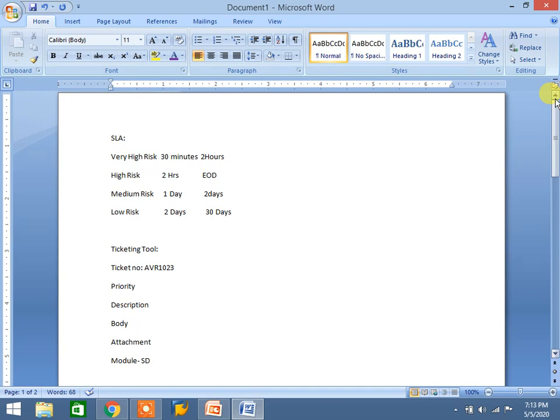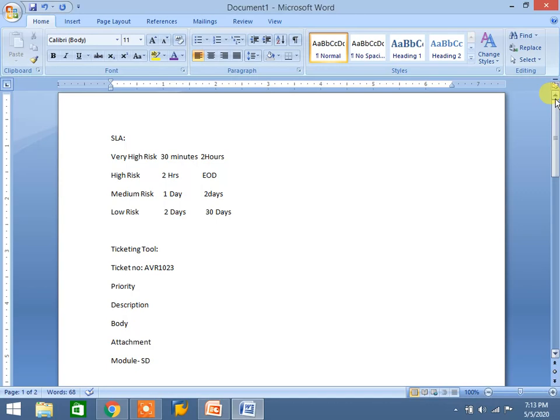Once that is completed, in the ticketing tool there is an SLA, a company to client service level agreement. SLA is nothing but a company to client agreement. Suppose there is a very high risk issue, within 30 minutes we need to respond to the user, and within 2 hours we need to complete.